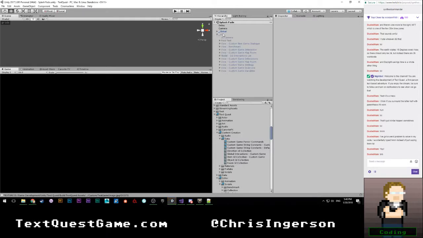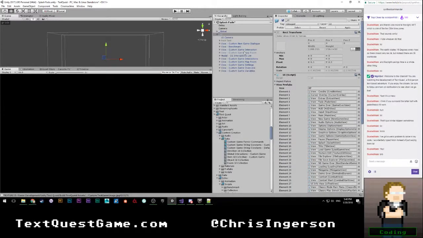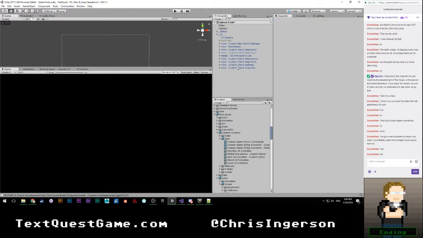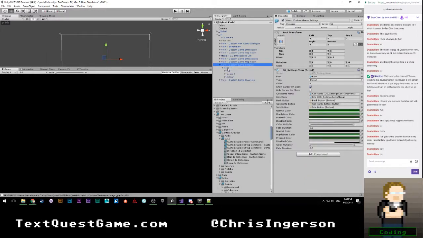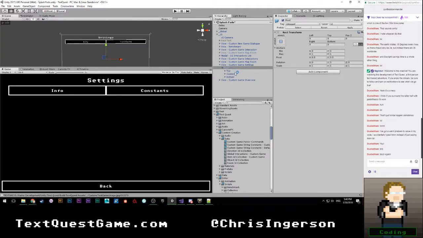Okay, so yeah, the thing I mostly forgot to do there is I need my settings to have a, let's go ahead and get rid of you. So custom game settings, I need it to have a backdrop. It didn't before. That's why it was really hard to see everything. So let's go ahead and add component to that. Once Unity decides to let me add components again.